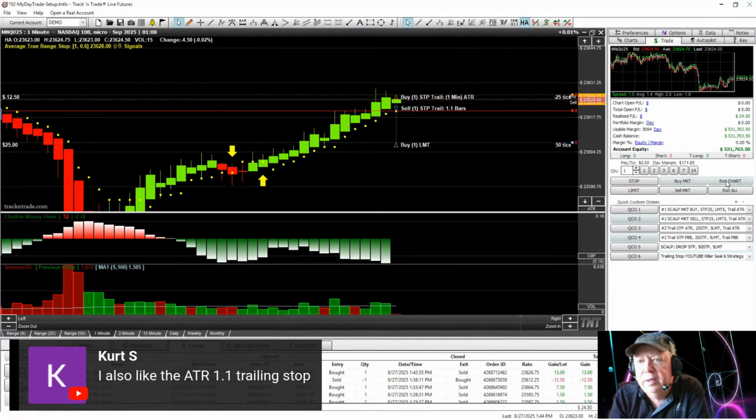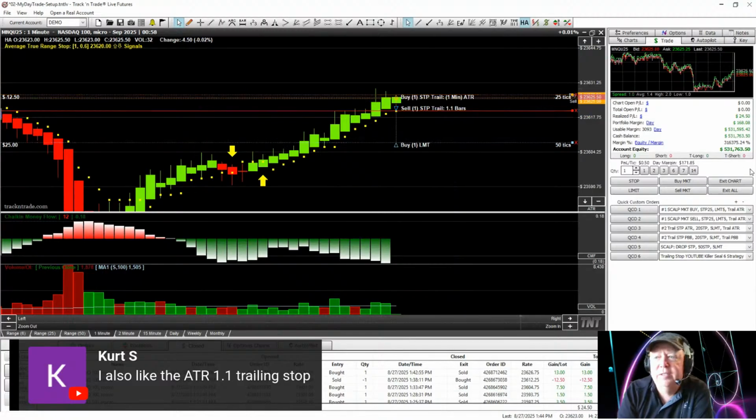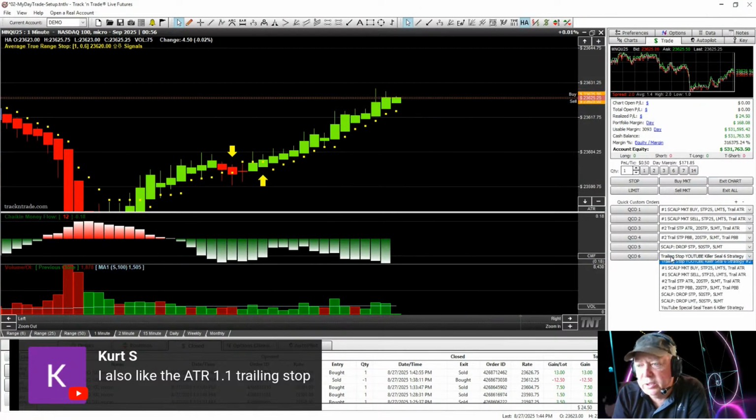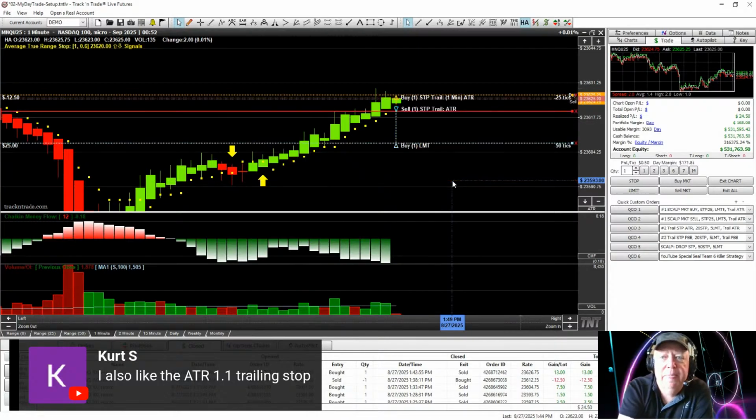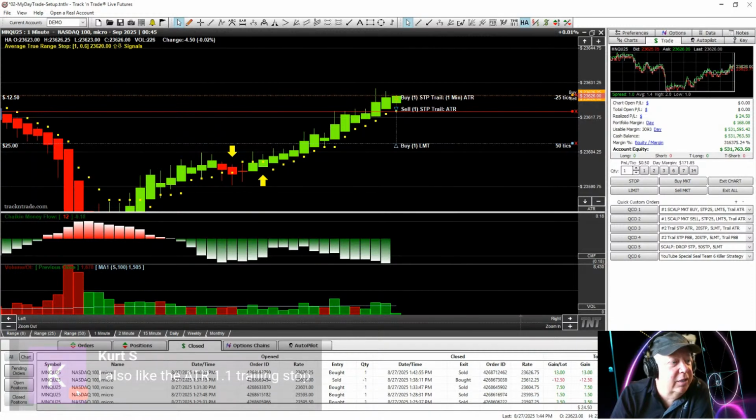I think, yeah, okay, now it's trailing it. Oh, that's still 1 price bar back. Let's see, did I not switch it? Oh, it's this other one. All right. So now we're going to go in here. Now we're going to trail on the ATR, which is the little yellow dot. That's what Kirk says he likes to do. So we're going to trail on the ATR